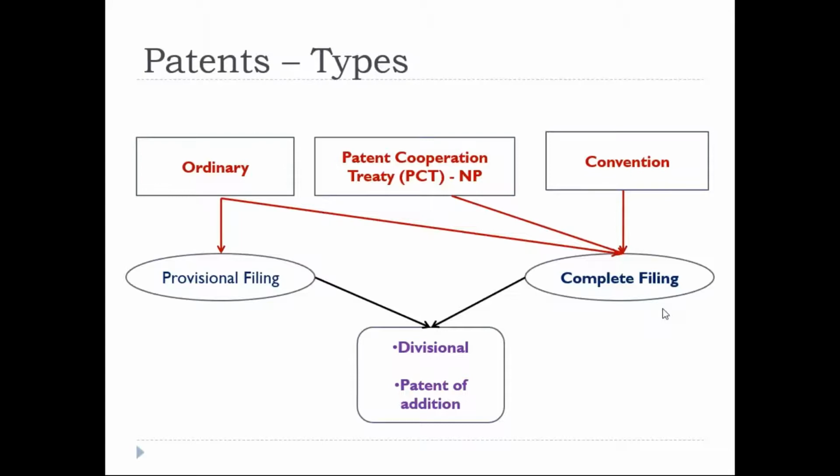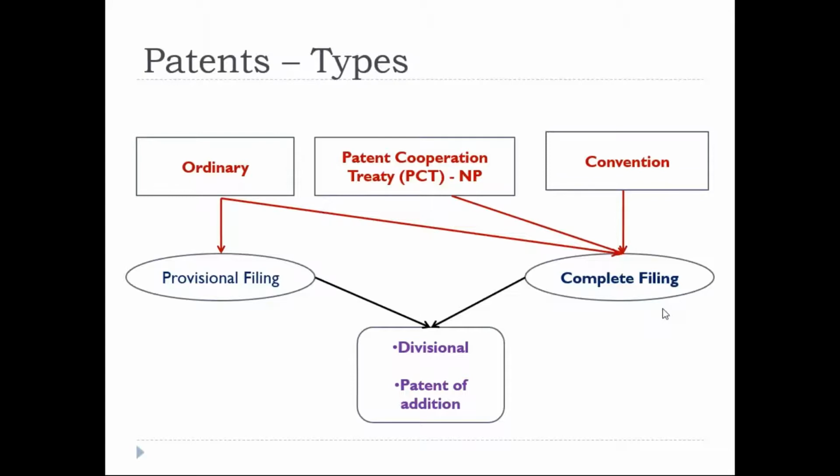In that case, there may be possibilities, right? Think about it, if it is going to a foreign country, it is hard for us to go and test in that country. That is not even feasible for us. That is why in most cases, we don't have a provisional filing option in other countries or other regimes. Very simple, right?